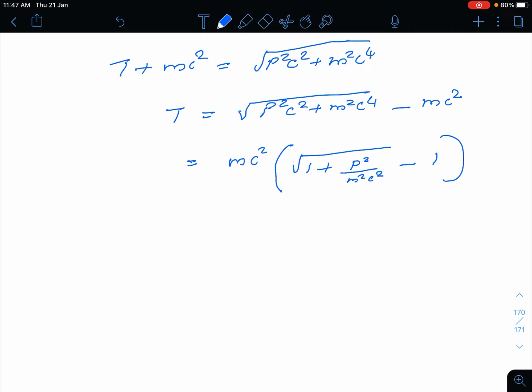Correct? So now mc square into, so here we assume that p is much less than mc, so p square by m square c square would be a very small number, so that 1 plus p by mc all square all raised to half, I can expand